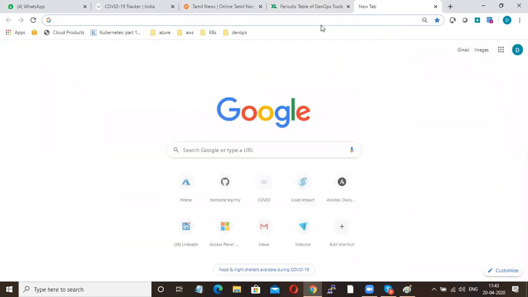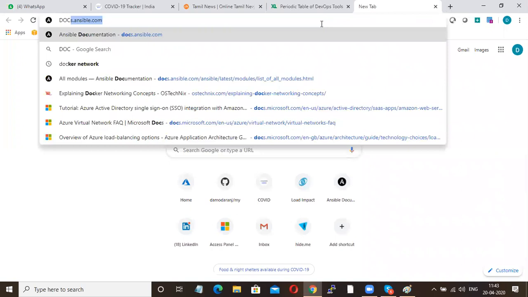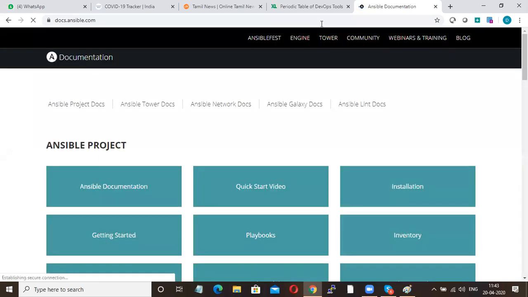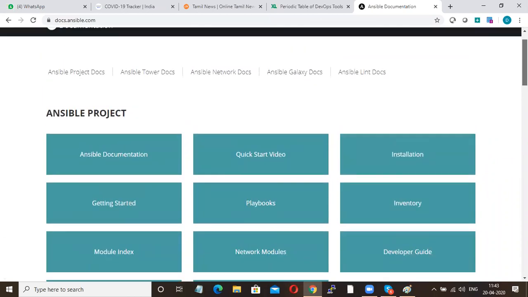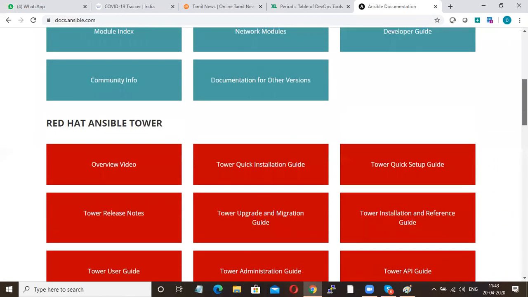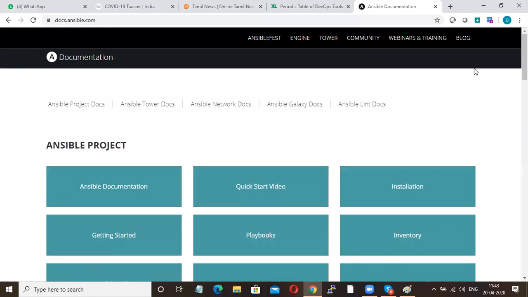Just go to Google and type docs.ansible.com. This is the documentation page for Ansible. Here you can find A to Z of Ansible, from beginning to advanced level. You can find everything in Ansible.